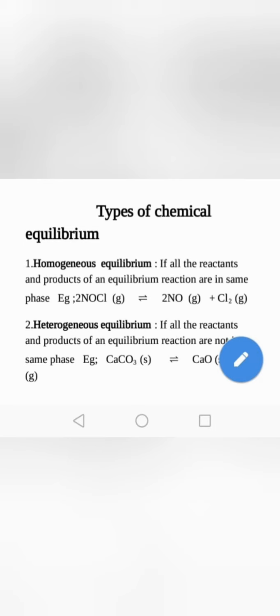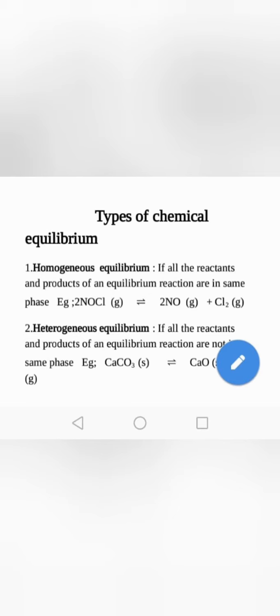Next topic is types of chemical equilibrium. That means depending upon the physical states of the reactants and products, we are classifying equilibrium into two categories. First one is homogeneous equilibrium and second one is heterogeneous chemical equilibrium. Very simple one. We know the meaning of homo, same. So homogeneous chemical equilibrium means if all the reactants as well as products are in the same physical state,